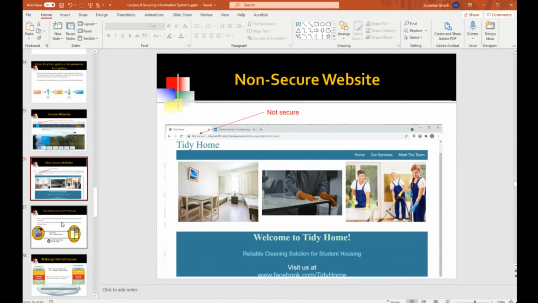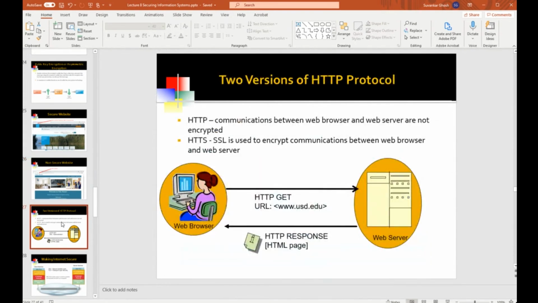So, we talked about it when we were doing the lab. I provided a bit of an introduction to how the internet works: the person sitting before the browser sends an HTTP GET message to some website. That website will return with that web page. And that's basically how this interaction works. Now, one detail that I left out is that there are two versions of the HTTP protocol. They're called HTTP, and the other version is HTTPS.